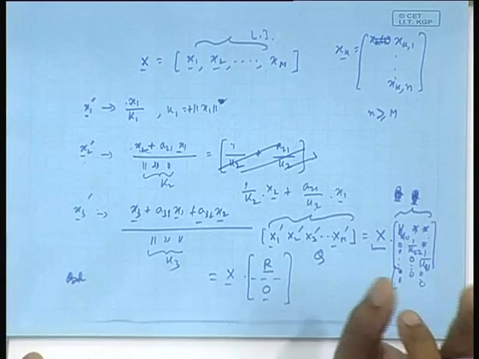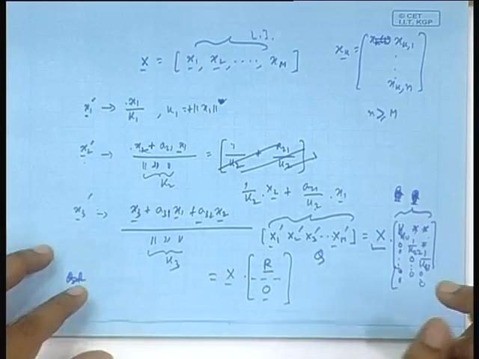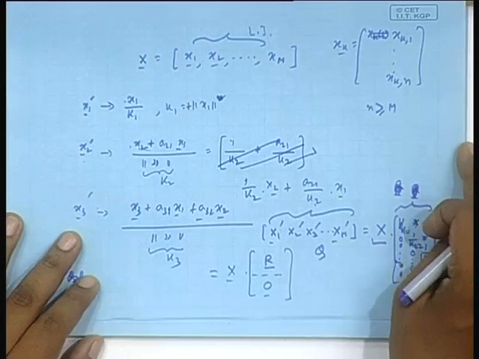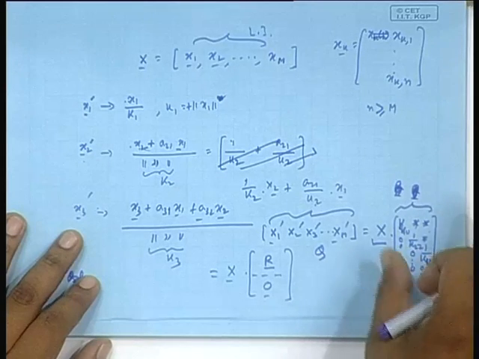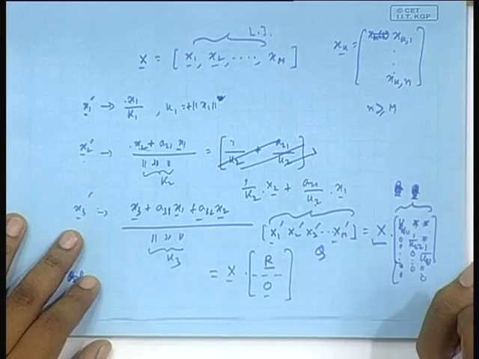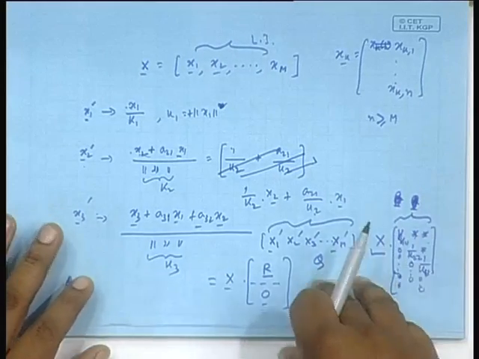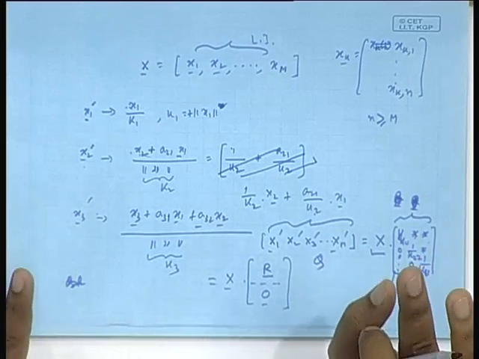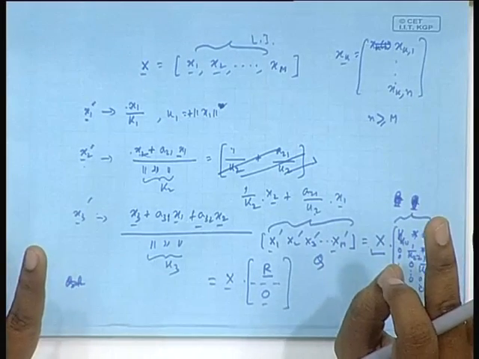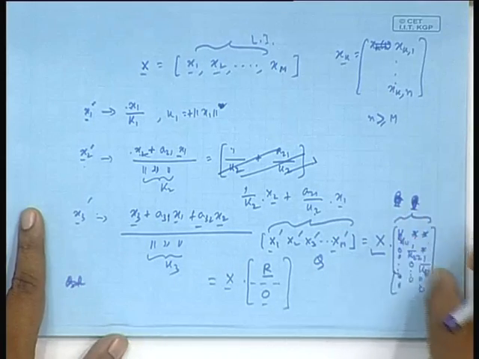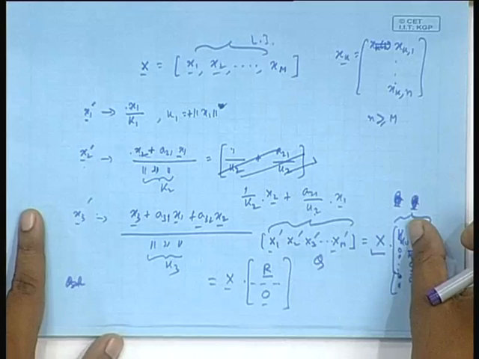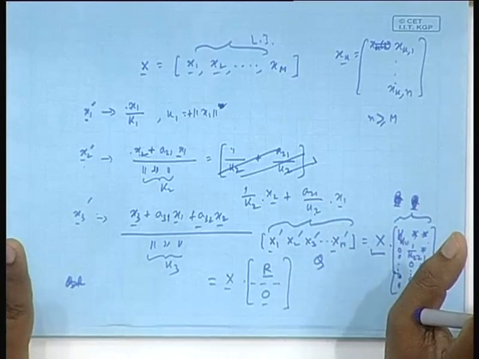So, that is not doable, that is not a practical way. But there are smart ways to get this R from the given X. The explicit form of Q we do not need. The fact that Q is unitary is enough, that fact we will be using. We will be using this R. How is that coming?